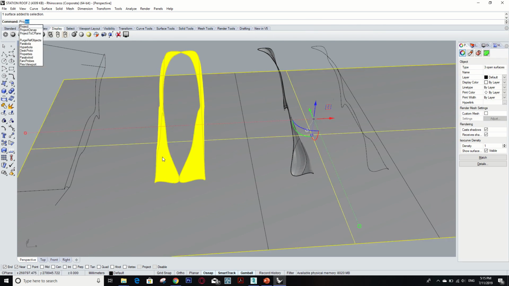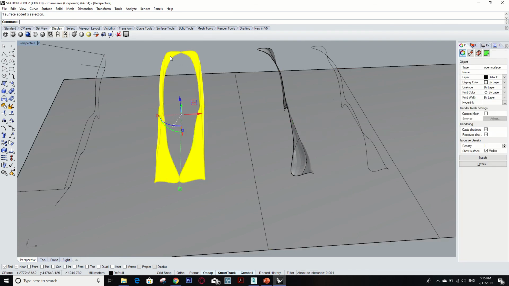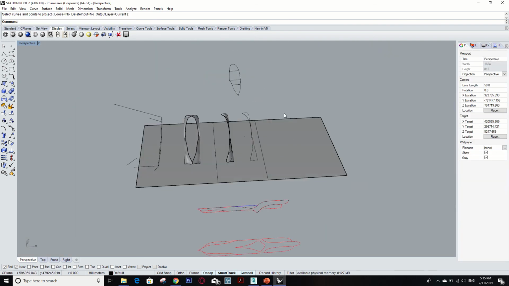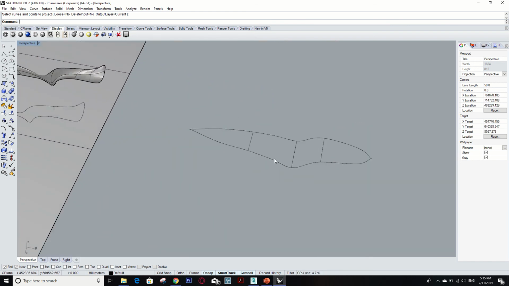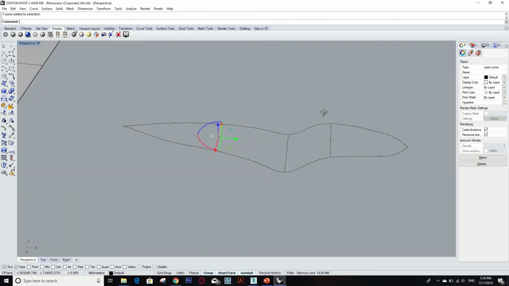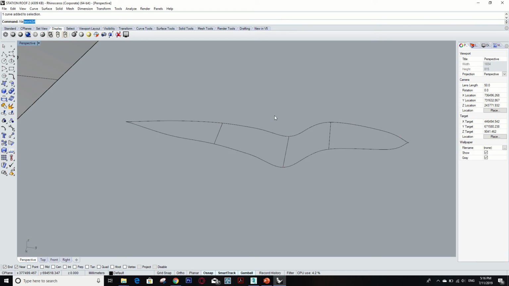Project. And then, oh, sorry. I have to click on that and then project. Oh, it's not working with the surface, sorry. Okay, so yeah, now we're going to use this one to create another face. So what I draw the line here is just to make sure that the curve is going correctly according to that line. So what we're gonna do is use network surface again, and then click on each line